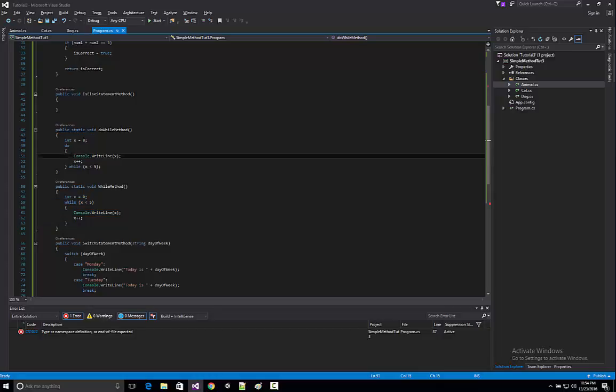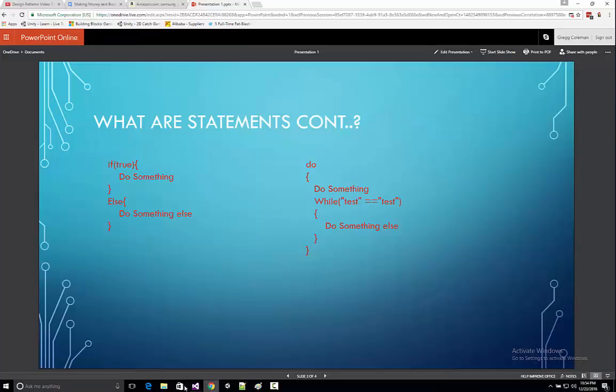The difference here is that console.writeLine X is going to happen prior to checking the while, where this is only going to happen if you're less than 5. So you'll notice that this will probably happen 5 times, and this will happen 6 times. Or I'm sorry, the other way around. This will happen 6 times, this will happen 5 times once we actually get to the code,